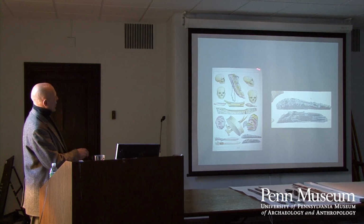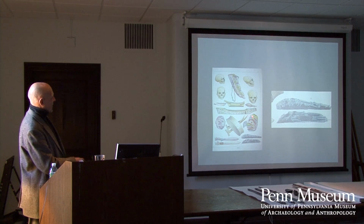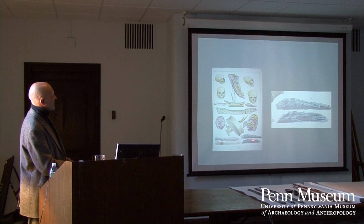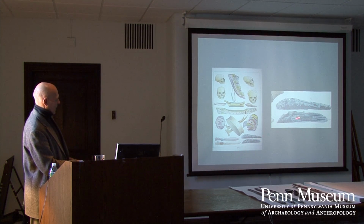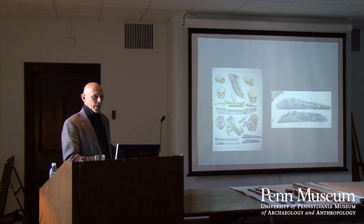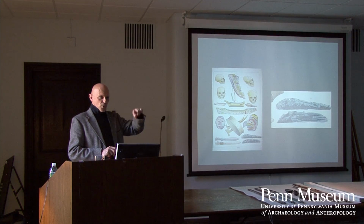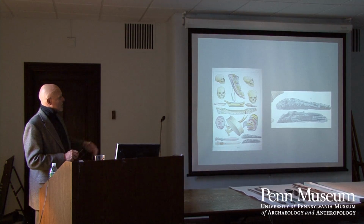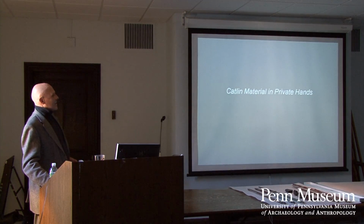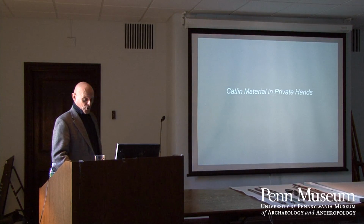These, again, this is the 1841 plate from the 1841 Manners and Customs. And unfortunately, I wasn't able to get photographs of these pieces. But these two argillite pipes at the bottom, which are a little bit of a blow up here, these were originally in our collection, came in 1901, and these were traded off to George Heye in 1908. So those two pieces are now at the National Museum of the American Indian. And stranger still,